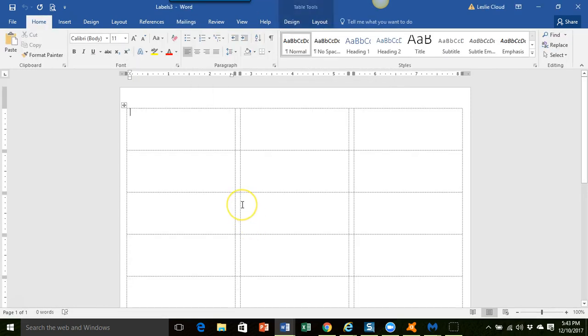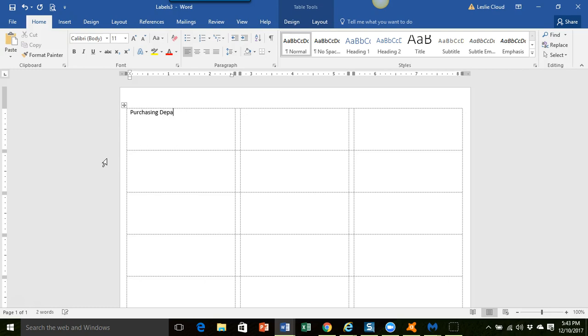So now this is actually going to bring up a different document because it's going to be a page of labels, and I'll tell you that in just a second about saving it. So then what you're going to do is you're looking in the book, and then you're just going to start typing. So I'll start typing the first